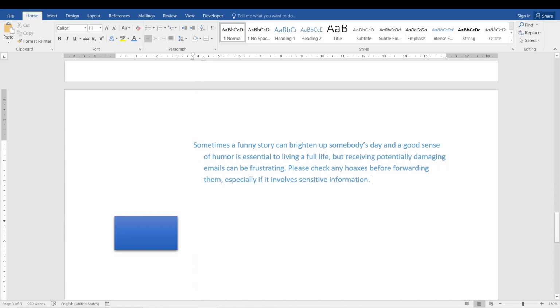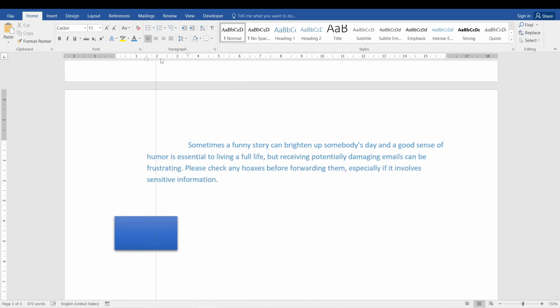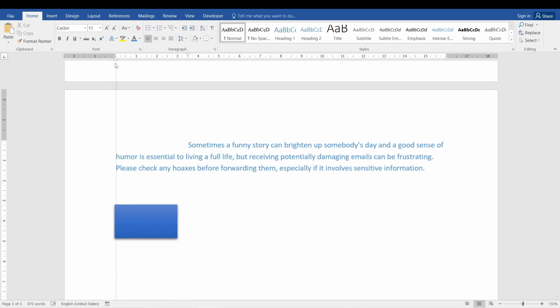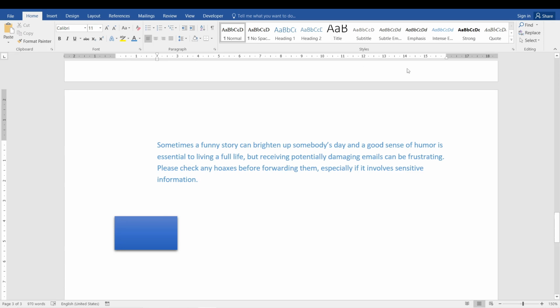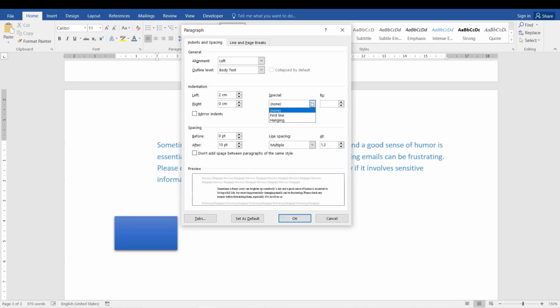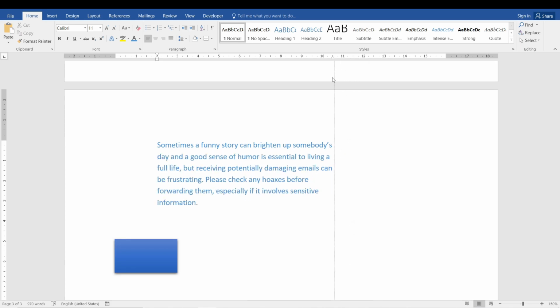If you move both of them, then it indicates both hanging and the first line indent, and that's something very good you need to know, because it saves you a lot of time and you don't need to open the dialog box all the time. And then you have this one, the right indent here. You can also indent text like that from the right, okay, you can use that,